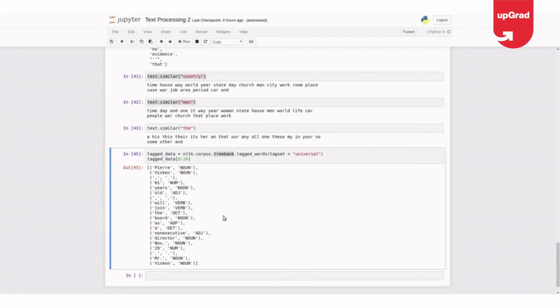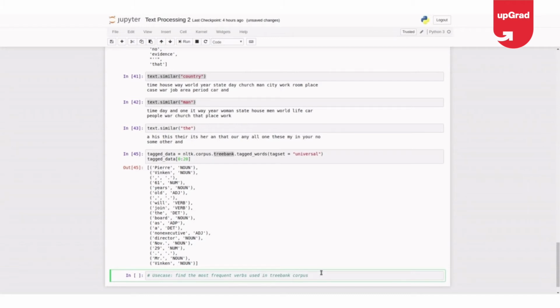Suppose I want to understand in this tagged data of the treebank corpus how many verbs there are and what the most frequent verbs are. The use case is to find the most frequent verbs used in the treebank corpus.